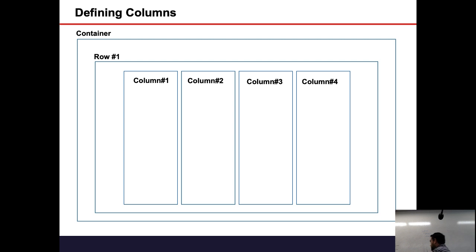On the top, we saw a grid. This is called a container. Rows and lowercase col. What does the dot mean over here? If I say dot row, what does that tell you? Class. That's a CSS class. Caution: none of these are HTML elements. All of these are CSS classes. Container, row, columns, all are CSS classes.